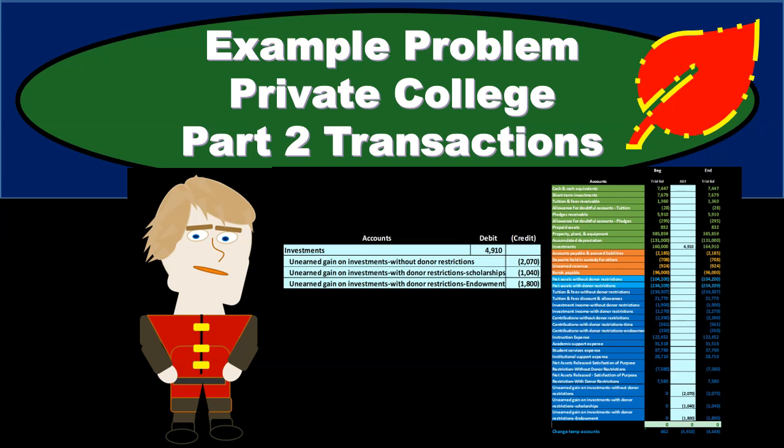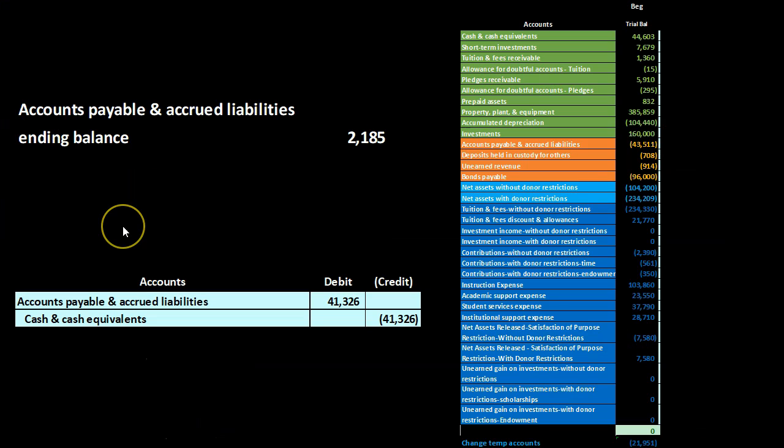In this presentation, we will continue on with part 2 of our example problem related to a private college. We will be continuing on with recording transactions with the private college. The next transaction is accounts payable and accrued liabilities ending balances of